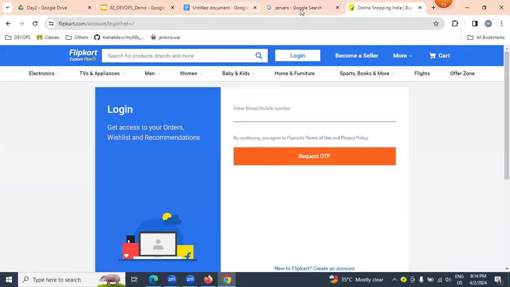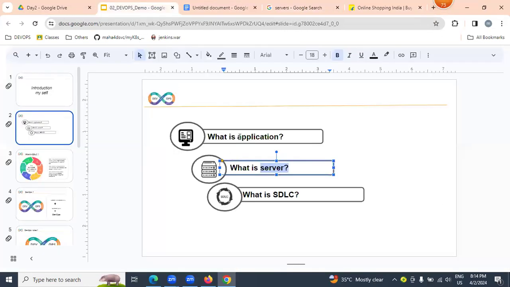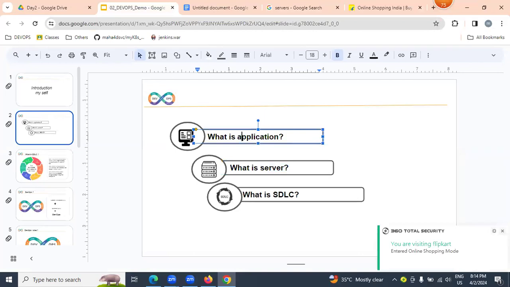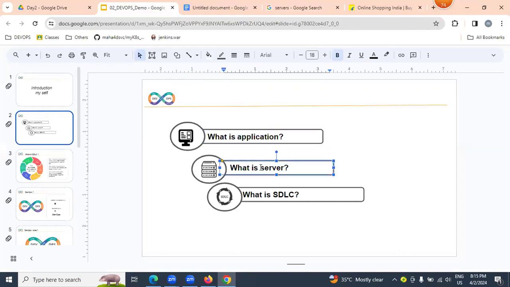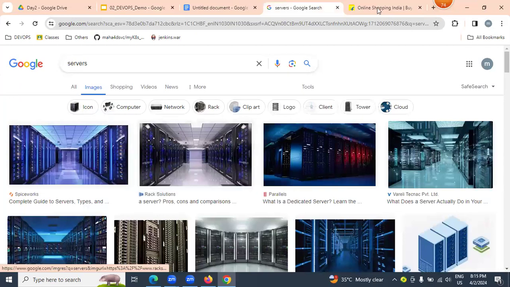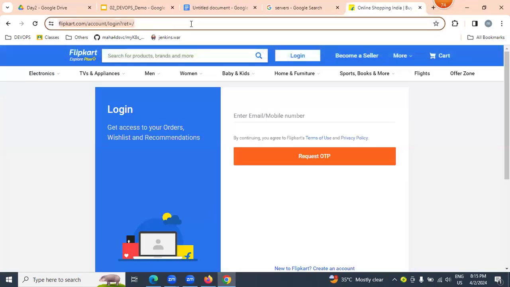So I'll repeat one more time. What is an application? The working software written in any programming language we call an application. That application is placed on the server side. Once it is placed on the server side, we can access it on the internet as a website.